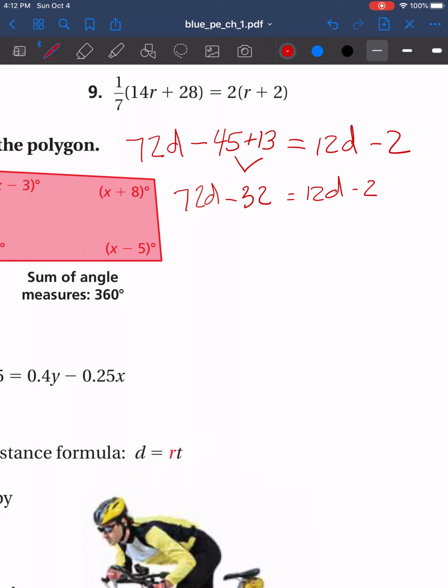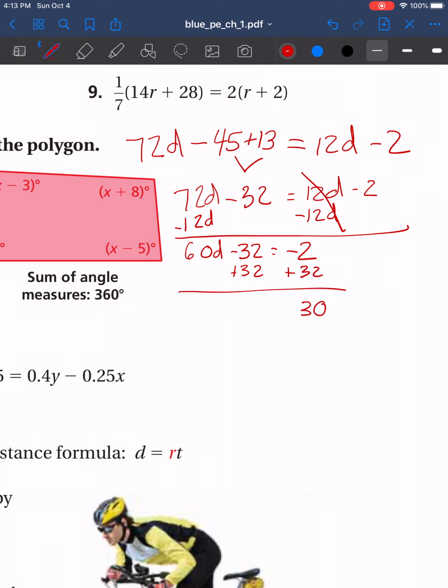Okay, now I got to get my D's all on one side. I'm going to subtract the 12D's because that way I'm still working with nice even whole numbers here. So that leaves me with 60D minus 32 equals negative 2. Okay, before I can get rid of the 60 with the D, I have to get rid of the 32. So I do the opposite of what it is,